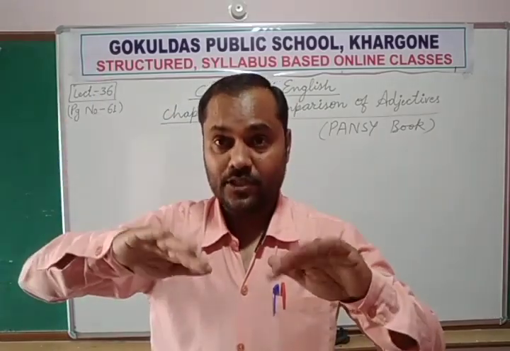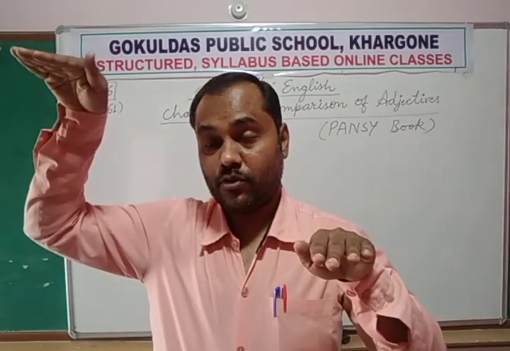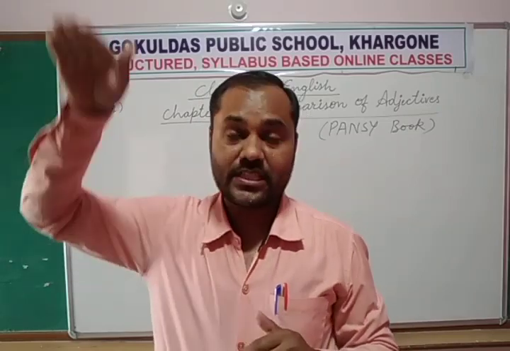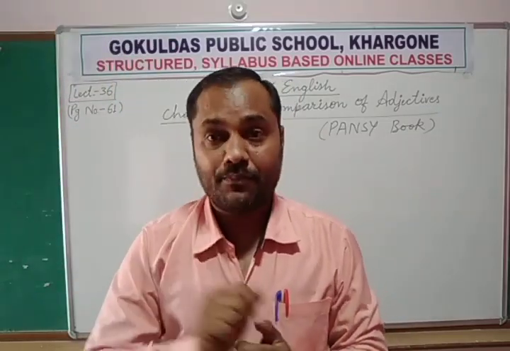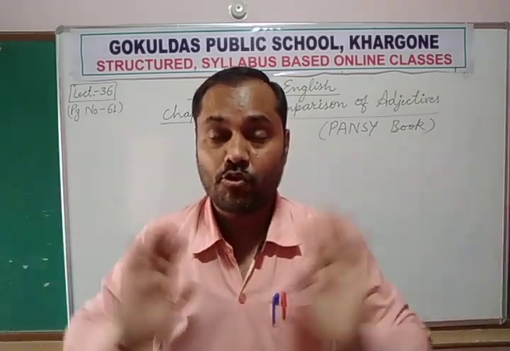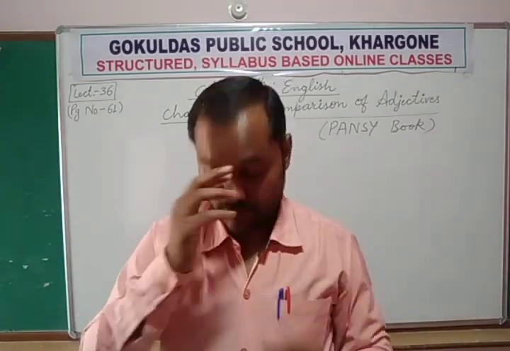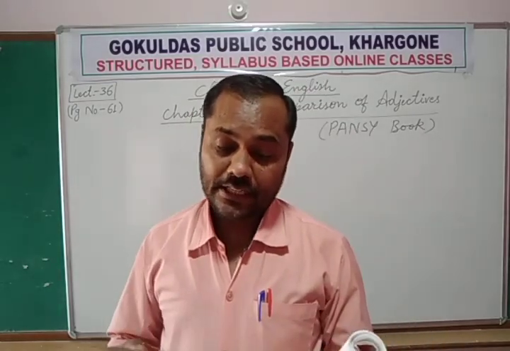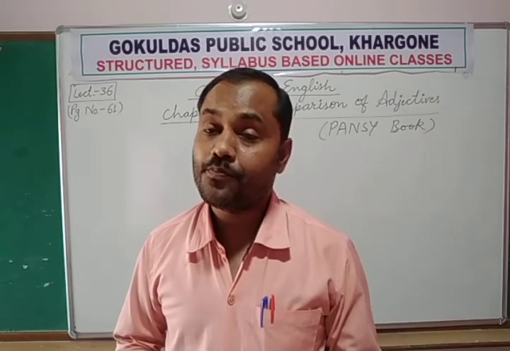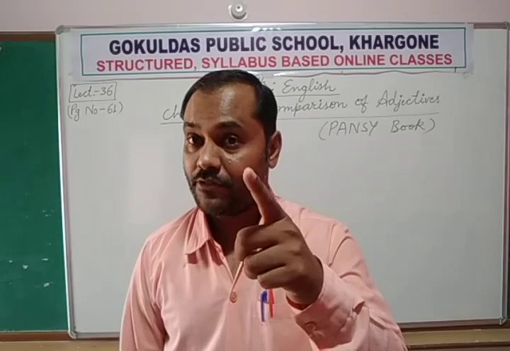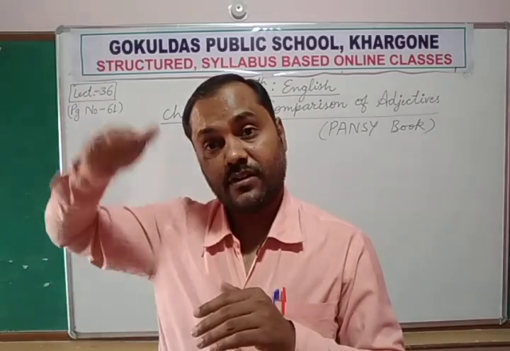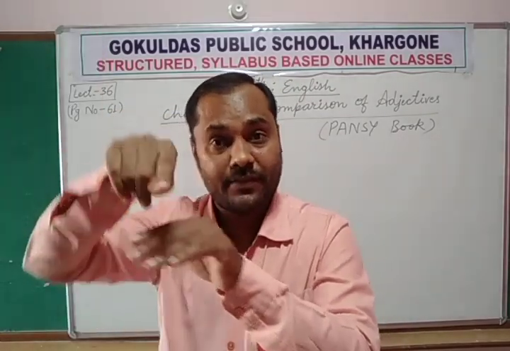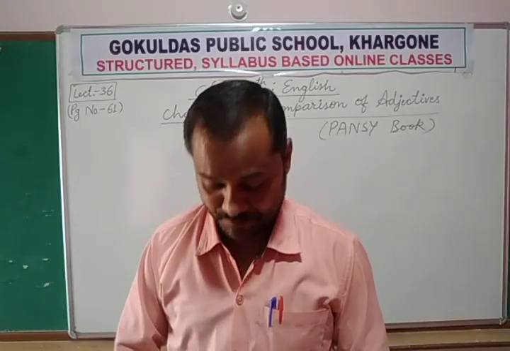So it should be more than two. So when we are comparing more than two persons or a group, and who is having the greatest or the highest degree of that particular quality for which we are comparing this group, that is called the highest degree, means superlative degree. The adjective tallest is of the superlative degree. So always remember, superlative degree means the greatest degree of that quality. Nobody is above him among that group.